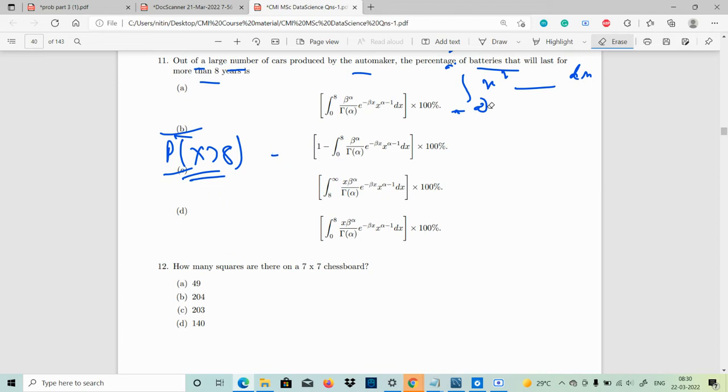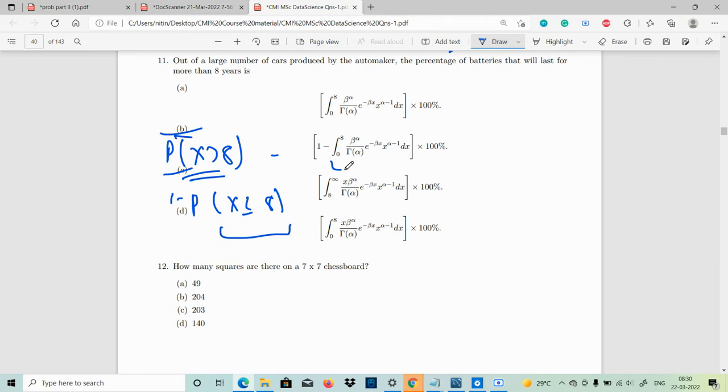Guys, tell me something. Do you understand it, or do I need to explain it once again? You did not understand, right? Okay, simple thing: you just need to find x greater than 8, and the probability of x greater than 8 is 1 minus the probability of x less than or equal to 8. So this particular thing is the same as what you have now, and this question is not asking you to find the overall.